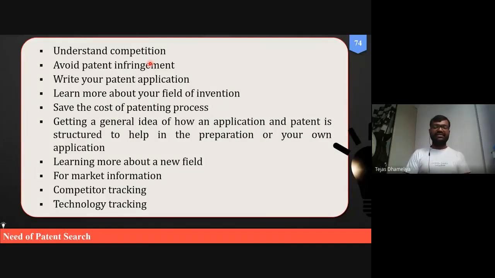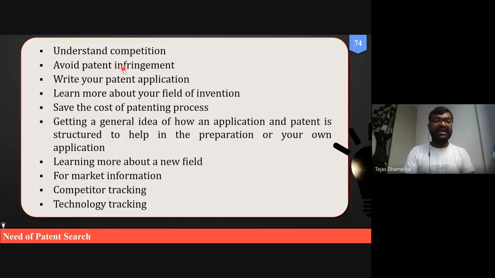Patent infringement means you have, let us say, 12 claims in your patent, but out of the 12, there are 3 claims which are in a previously published patent by some other inventors or some other applicants. That is called infringement. You are covering claims which have been previously published by other people in their patent. So that claim cannot be considered.